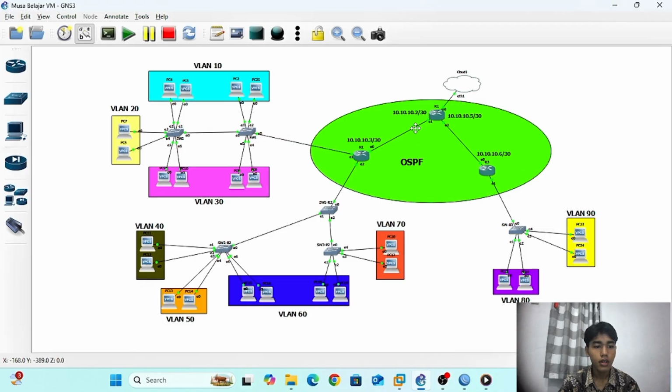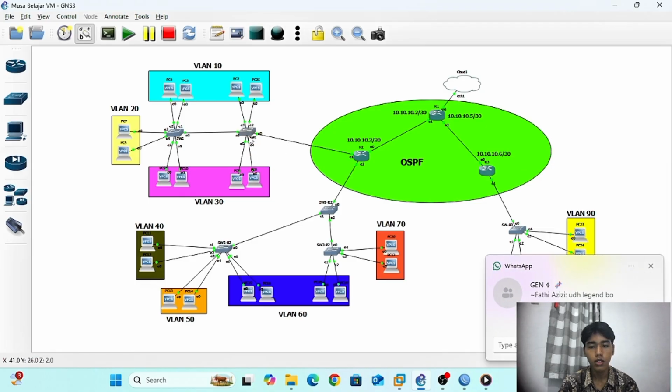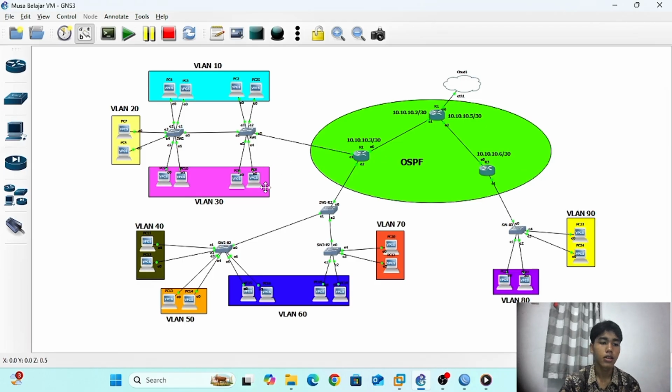On core RTL 2, the IP 10.10.10.9 is assigned toward SW1. The default route is added to the gateway on core RTL 1, and masquerade is configured for network access to the internet.